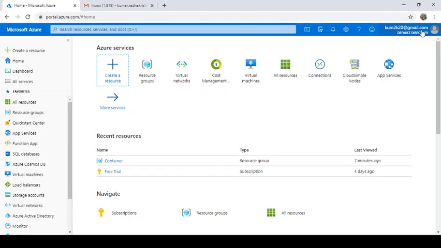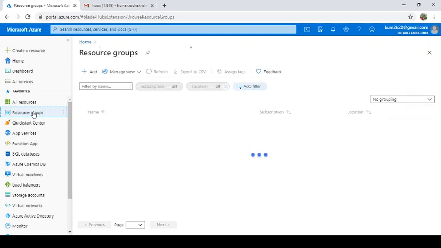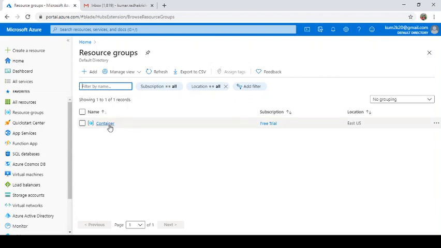Once you log in to your Azure portal using portal.azure.com, you go to resource group. Whenever you do something for demonstration purposes or to get practice, you create a resource group so that it will be easy to identify which resources belong to it, and you also get billing based on your resource group, how much space was consumed. So it's really useful to make a resource group, and there you can create any resource like a virtual machine, container, Docker, or networking, everything.